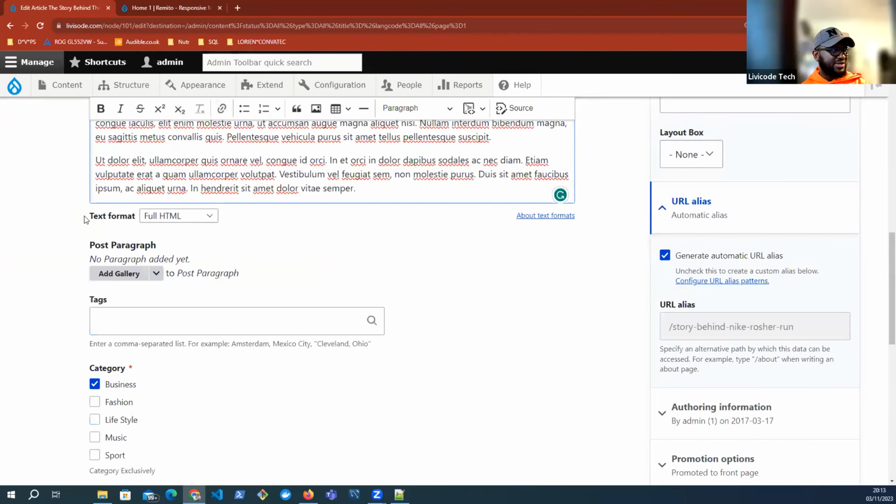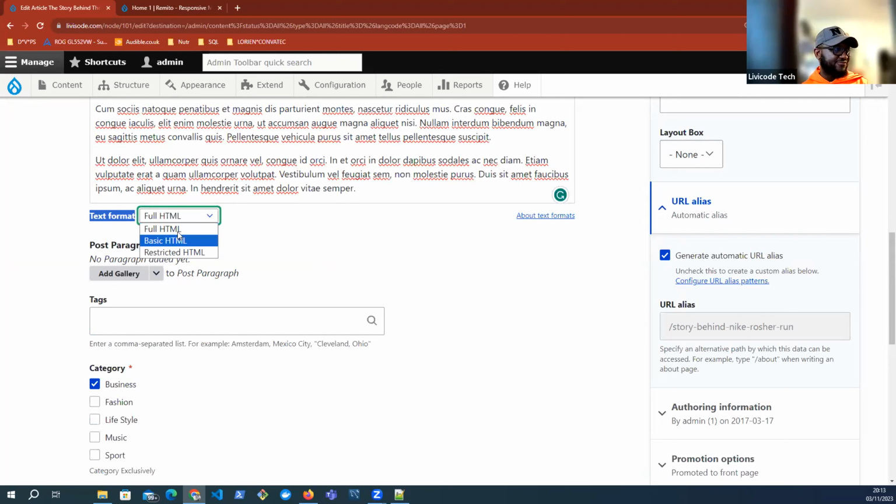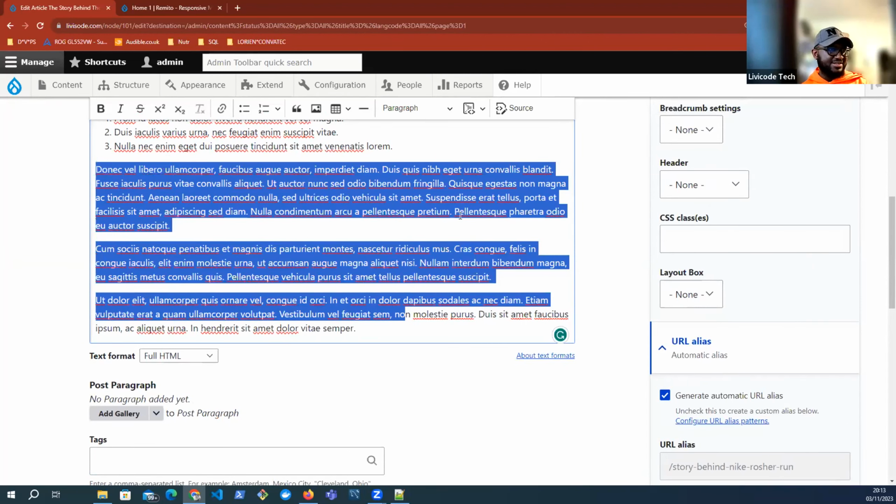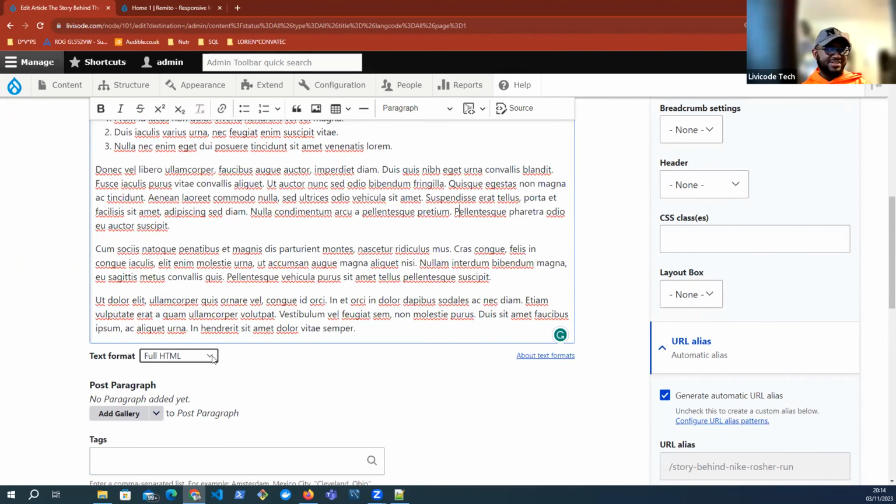So yeah, what this one here is showing you is you can switch between an HTML format, that is basic HTML, full HTML, restricted HTML. You can switch between this view where you see all the text like this, and that, like the code view. Okay, so